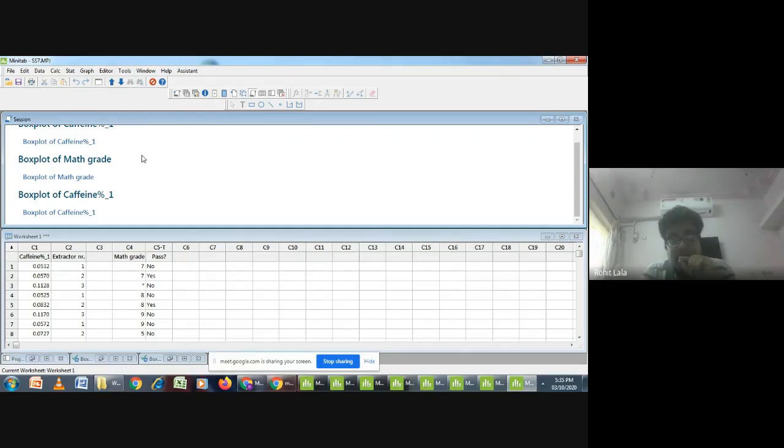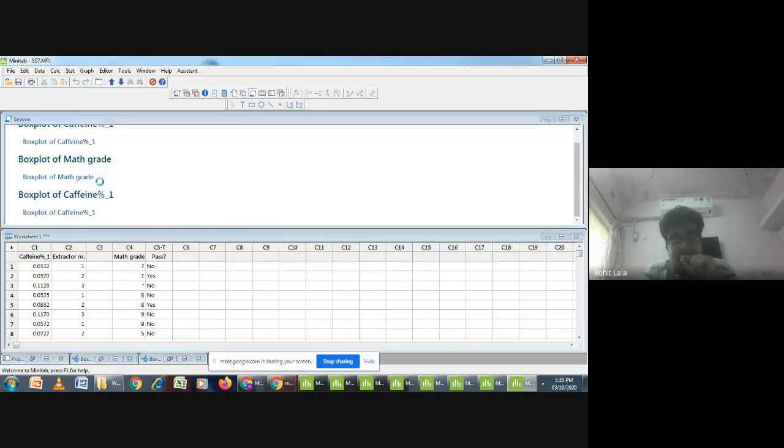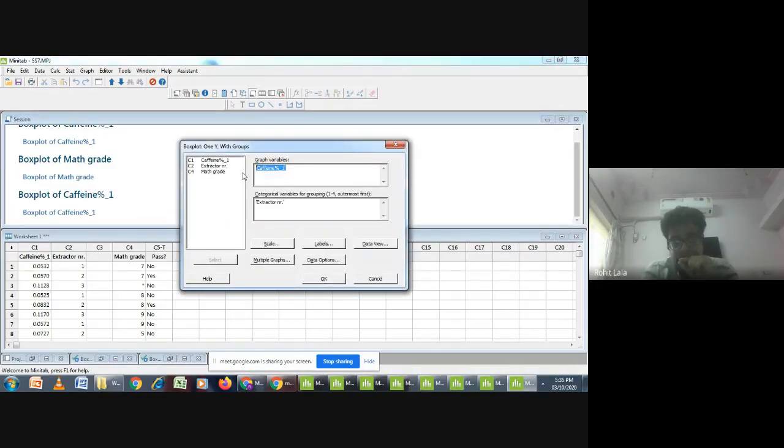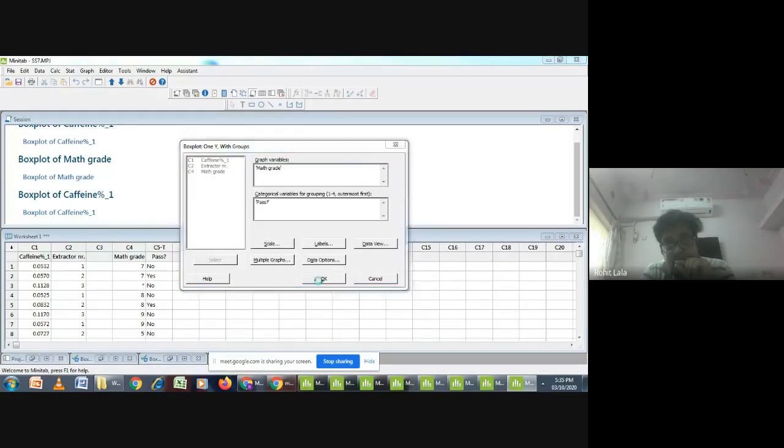So when you plot a box plot within groups, it changes everything. Now your categorical variable is pass/fail and your numerical or graph variable is maths. But here you need to transpose your box plot so that you can get a proper idea.